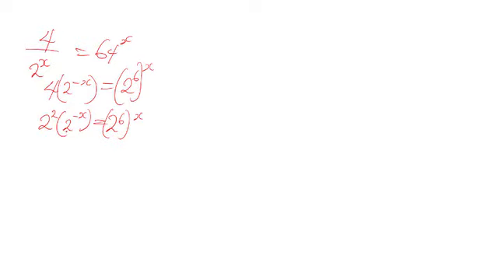Let's apply the multiplicative law. Remember when we stated the multiplicative law, that a raised to power m times a raised to power n is equal to a raised to power m plus n. So we are applying it here. So this becomes 2 raised to power 2, multiplied by 2 raised to power minus x, because this is equivalent to 2 plus minus x,